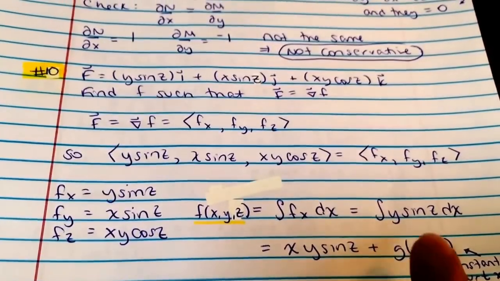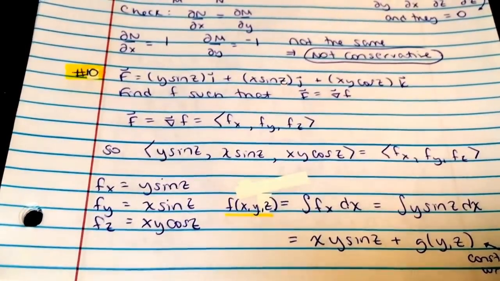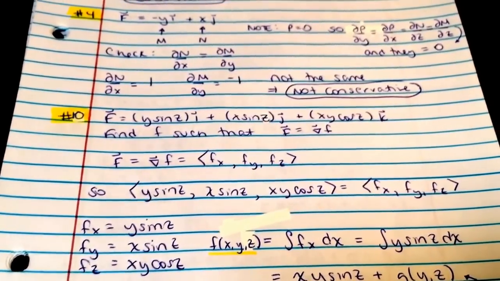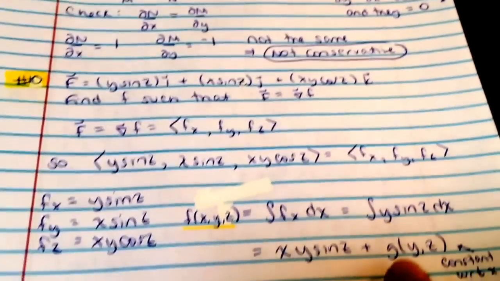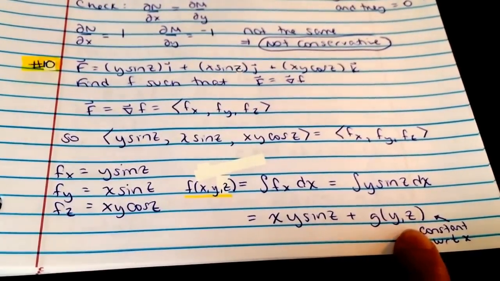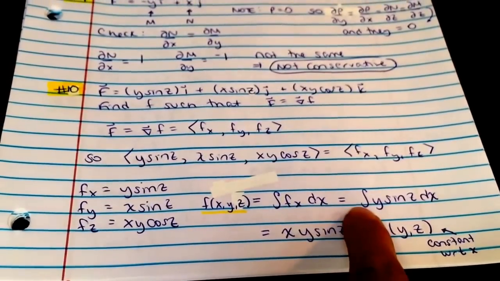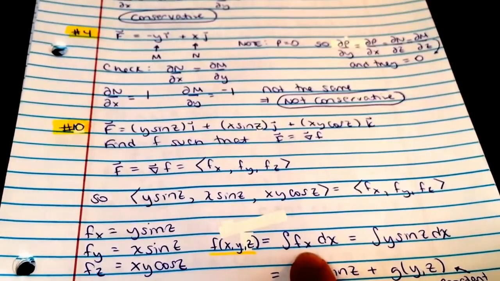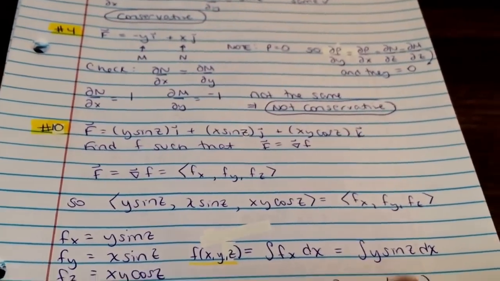But because you took the derivative with respect to x, there could have been a function of y or a function of z or a function of y and z that were on there originally. But if you take the derivative with respect to x, those are constants, and so they're going to go away and they're 0. So instead of adding a plus c to the end, you have to add a function, and that function could have been a function of y or z or both, because that would have been constant with respect to x. And so when you integrate, these are indefinite integrals, so they need constants, but now these constants are functions. And so if you did it with respect to x, that function could have been y or z. Okay, so you've got to have this on there.